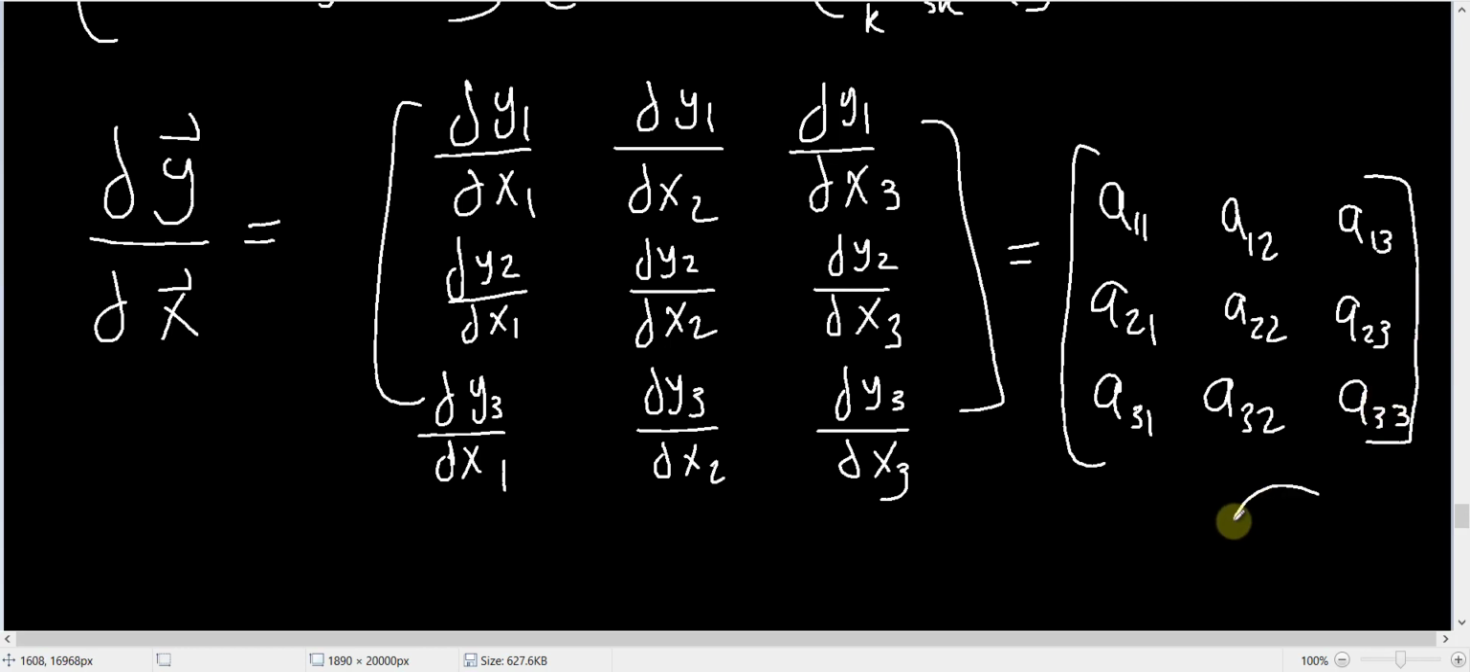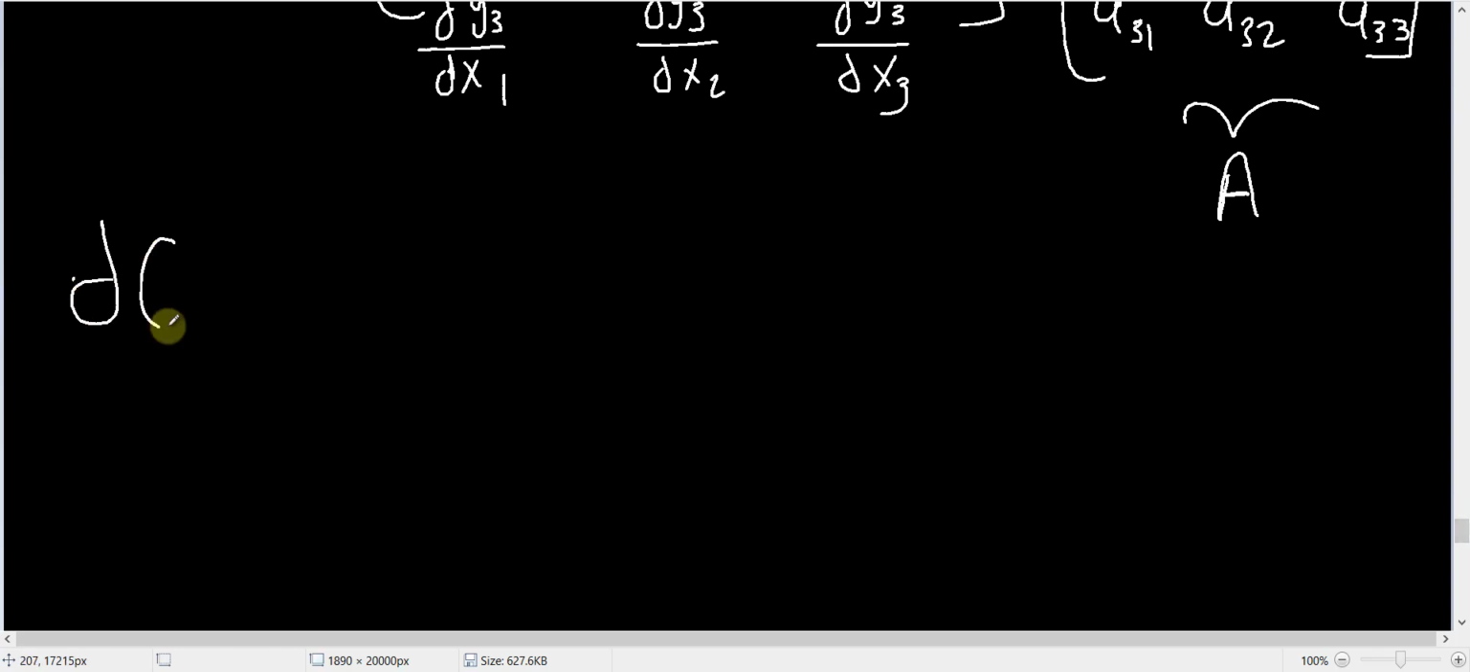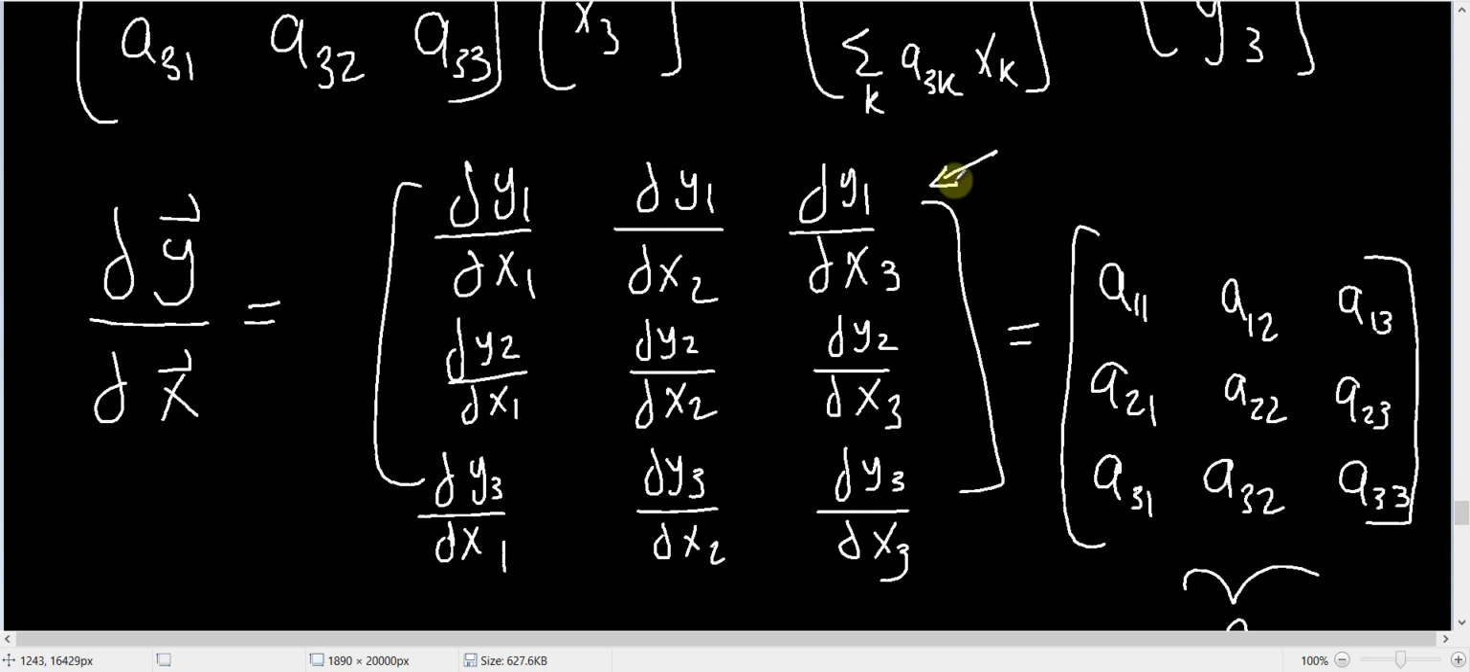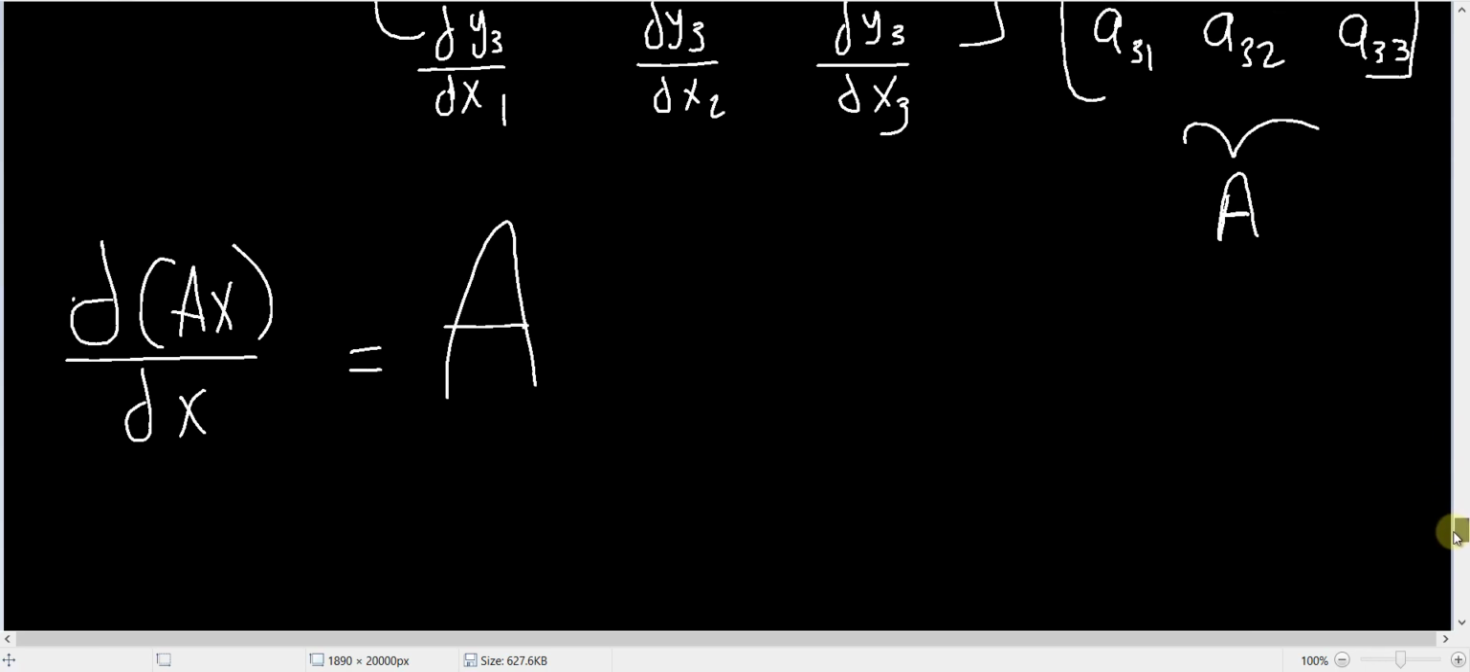And this right here is really the matrix A, and so d(Ax) by dx is equal to the matrix A. I want you to note that if we had chosen the Jacobian right here to be the transpose, or defined this derivative to be the transpose of this matrix, then the derivative of Ax with respect to x would have turned out to be A transpose instead of